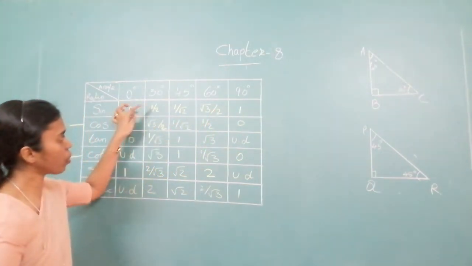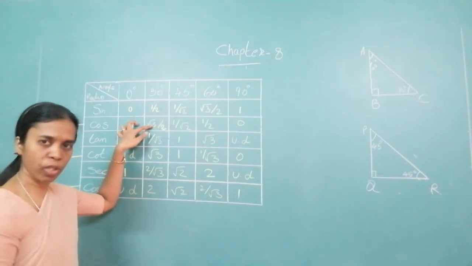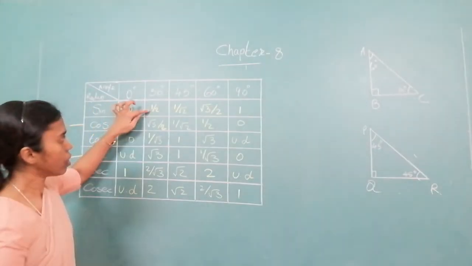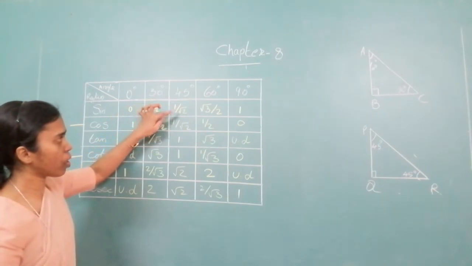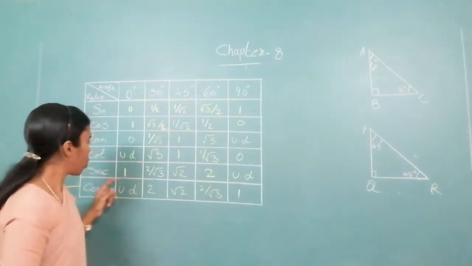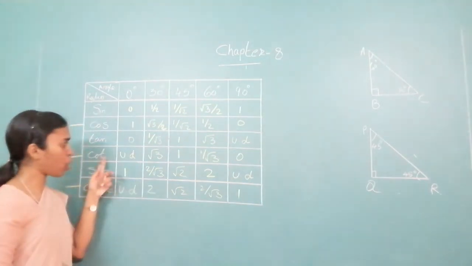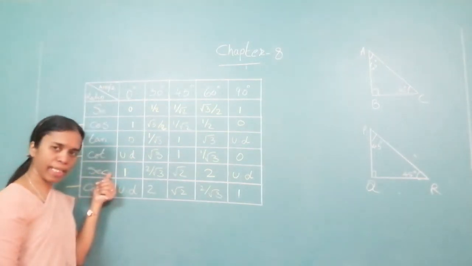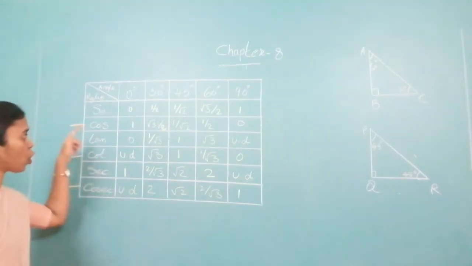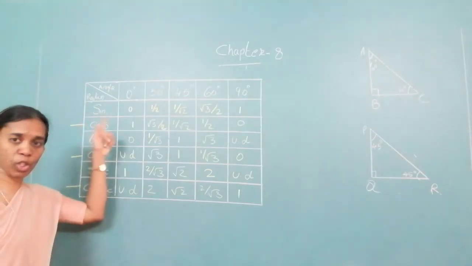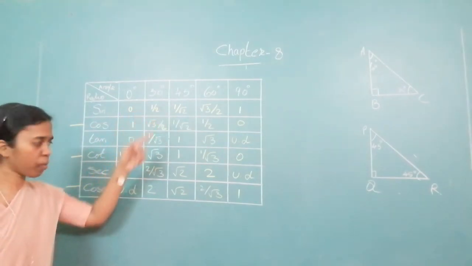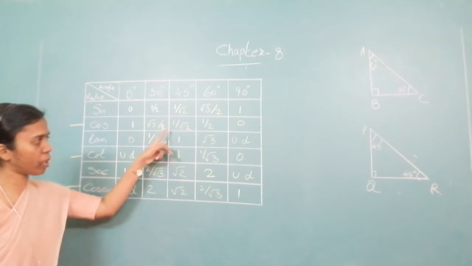So this will come in the numerator, this will be the denominator actually. So when you write for tan, this is in the numerator, this is in the denominator. Numerator, denominator, numerator, denominator. But the denominator on one side you are not writing, only for sec. Okay, cot is again reverse order. Sec is the inverse of cos. So you write the inverse of it. That is, denominator becomes numerator, numerator becomes denominator.